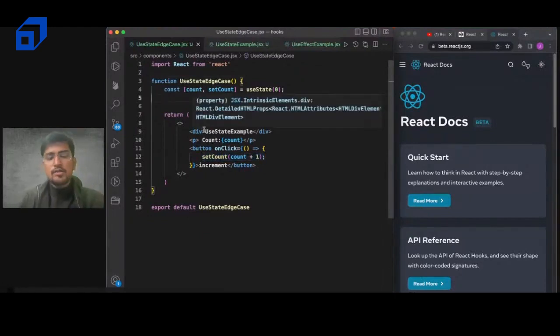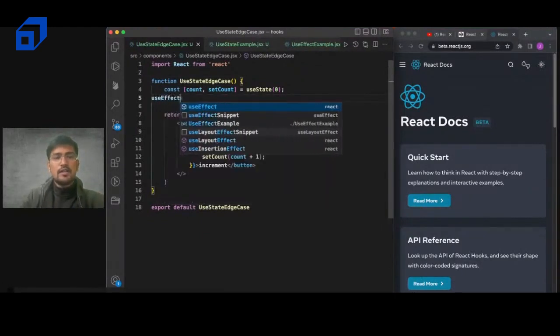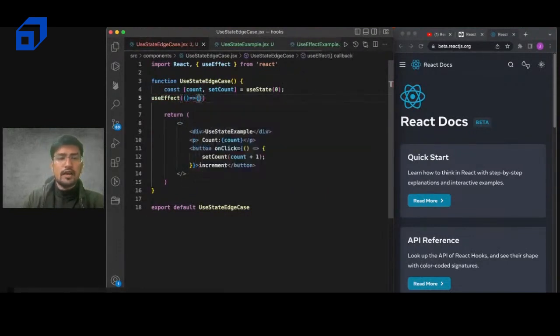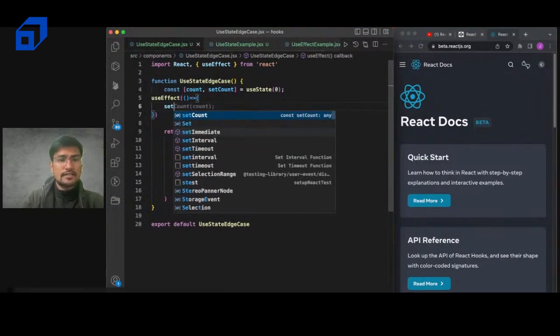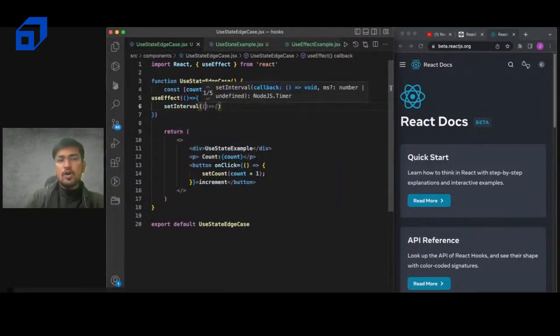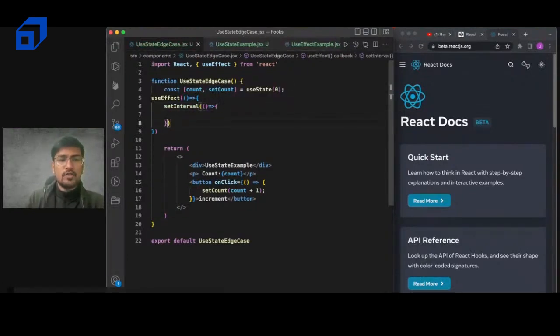And I'm also using useEffect, and that useEffect is doing nothing but calling a method whose name is setInterval. setInterval is basically a DOM API function. It is not part of JavaScript, and with this you can simply